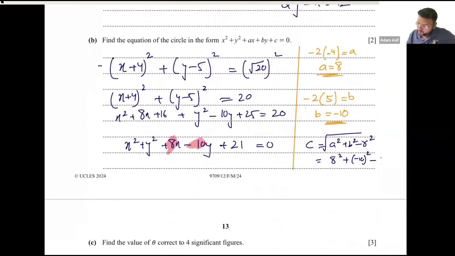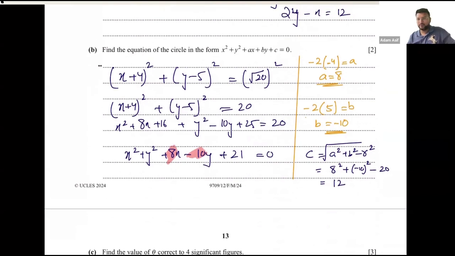√20, तो ये 20 हो जाएगा। 64 + 100 - 20 और स्क्वायर रूट करके मेरे पास वैल्यू आ रही है 12। ये वाली वैल्यू सर चेक करना कैलकुलेटर से।